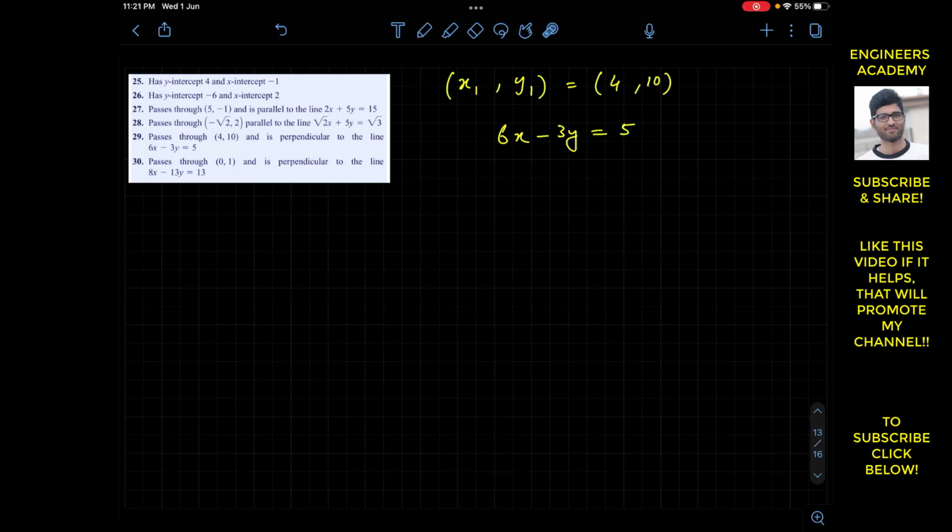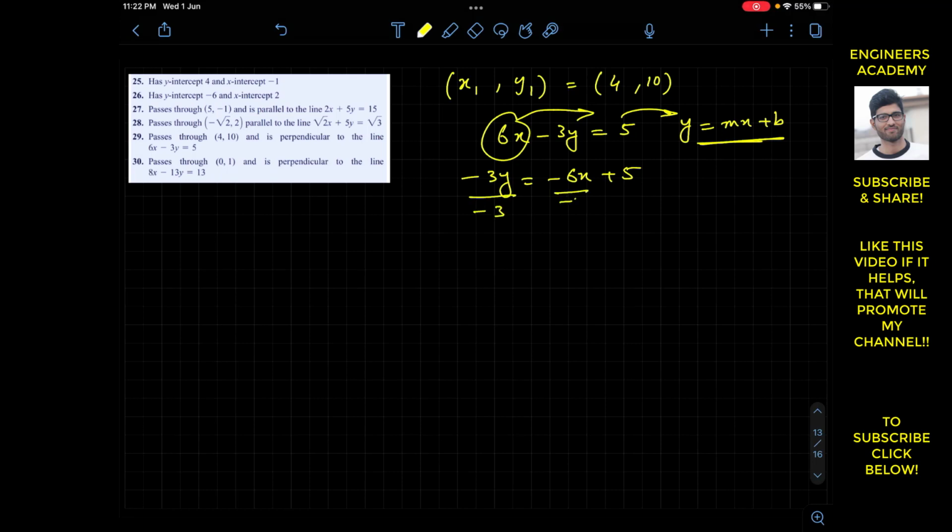So we have to convert this equation into the slope-intercept form, that is y equals mx plus b. This is the slope-intercept form of the straight line, so we need to convert this into this form. For that I have to bring this 6x to the other side of the equation. So we will have minus 3y equals minus 6x plus 5, and then we need to divide both sides of the equation by minus 3. The minus 3 will cancel out, the minus signs cancel out, and this gives us y equals 2x minus